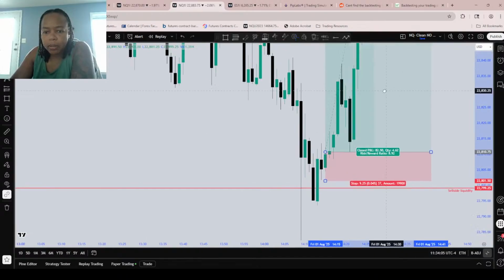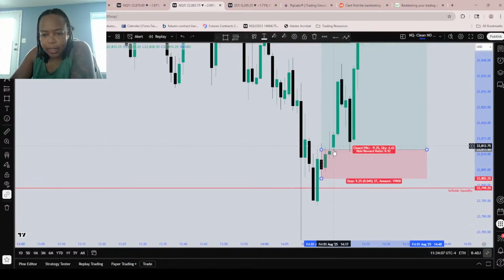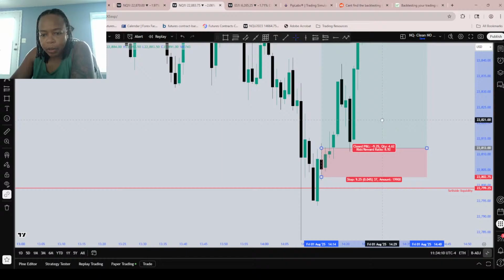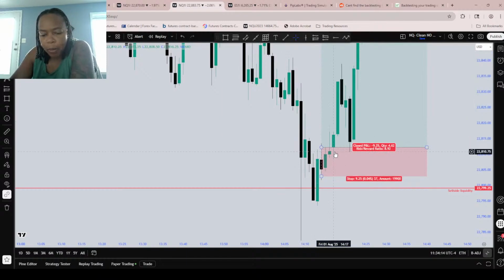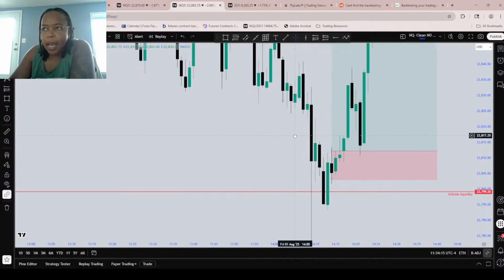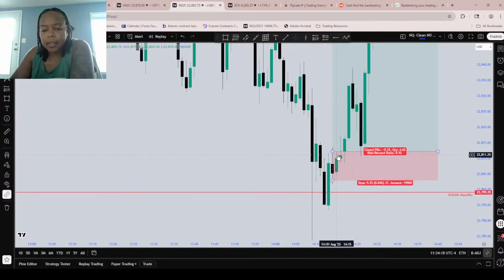Sweep. See how this one has that nice little tick in? I would have put it there. Why? Because I want to make sure I don't miss it, because sometimes they tap the top of it, but not the whole thing. And then I would be hoping I get my stop is enough, because it's 37 ticks. It's more than three.